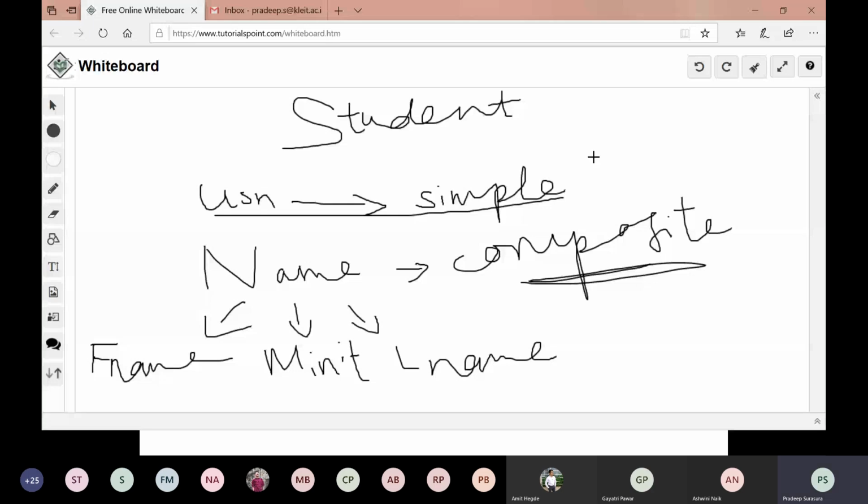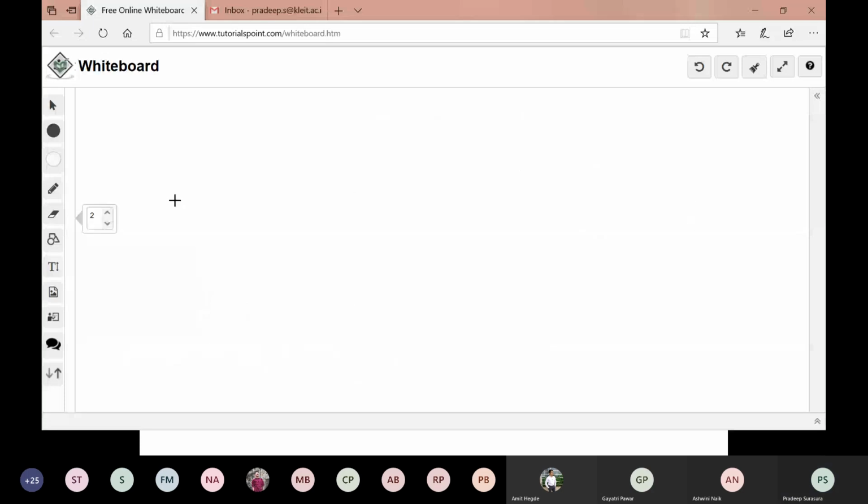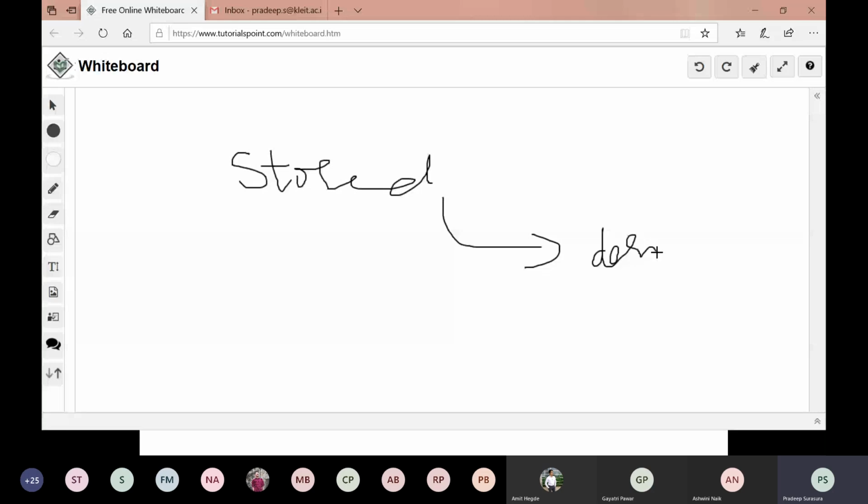When I say stored, the stored value should give me some value which is derived. Say I store my value called date of birth.